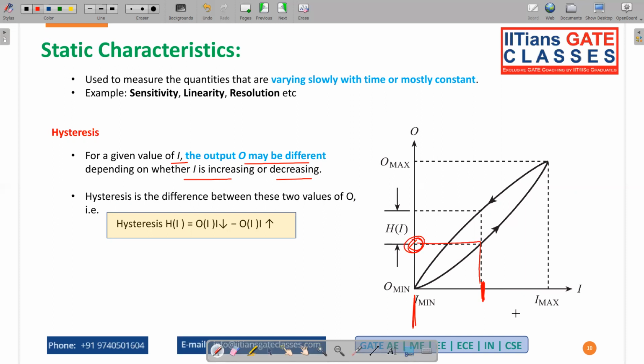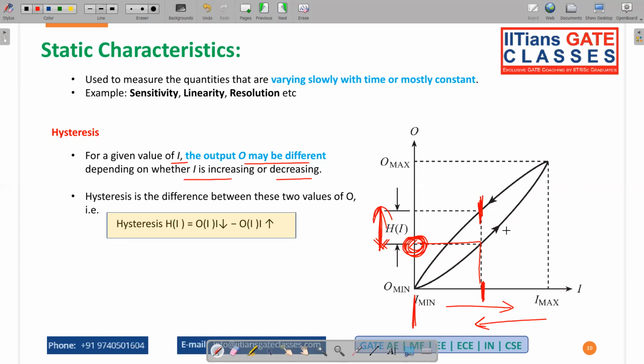Again, when you are returning, this is the forward path. When you are returning from the maximum value to the particular input, you are expecting the same output, because for the particular input the output could be the same. So you are expecting the same output, but it's not happening. The output is very different from the expected value, and that expected value is far from the measured value that you are getting, as this difference,